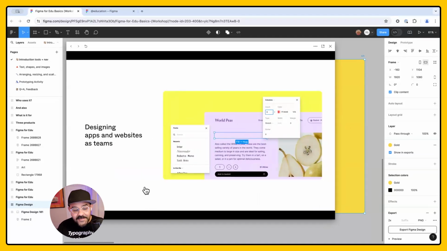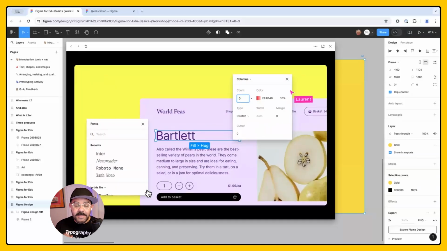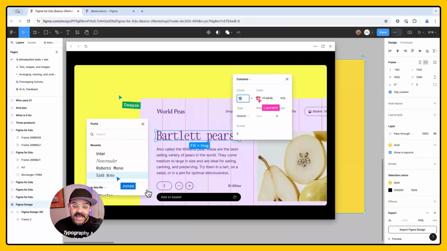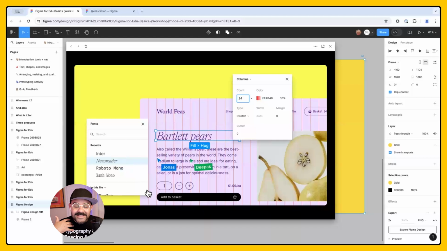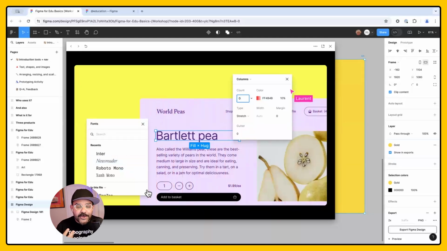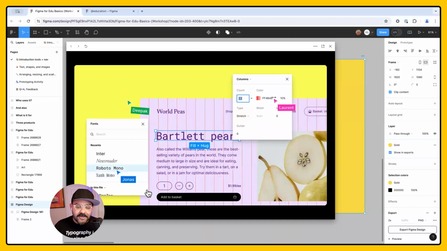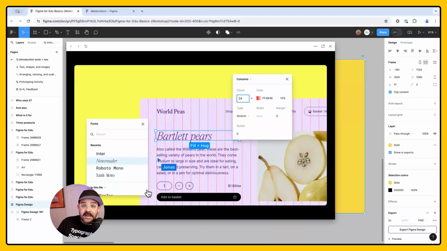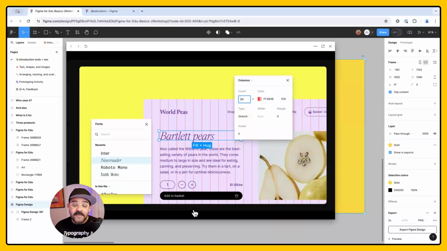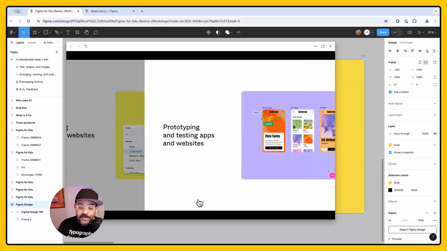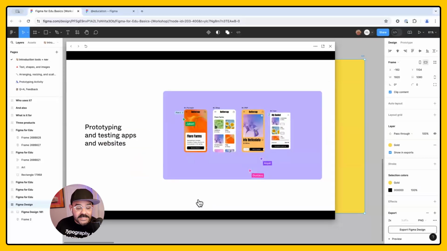So Figma is for designing apps and websites as teams. It allows you to consolidate the colors, the components, any of the reusable bits that you're putting together in an idea. And we're going to be exploring some of these concepts for you today, for those of you who are fairly new to these ideas and to these tools.